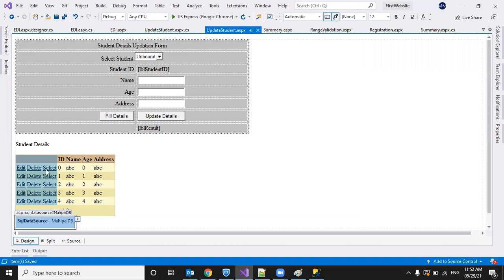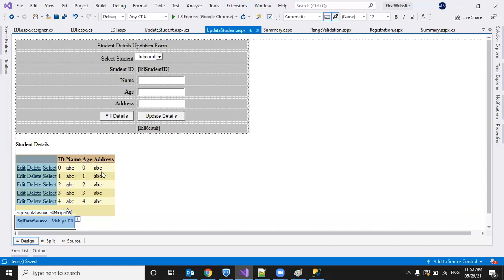I want to display, when I click edit on an address, a list of cities in a drop down. I cannot provide that. If I have a gender column, I want to display radio buttons like male, female, transgender. If I want to do that, I cannot.